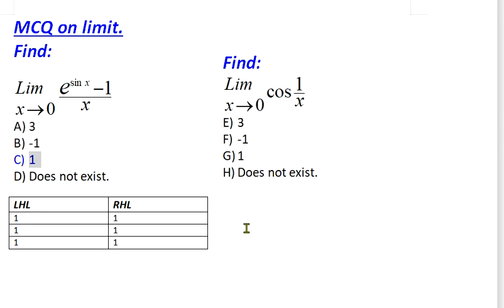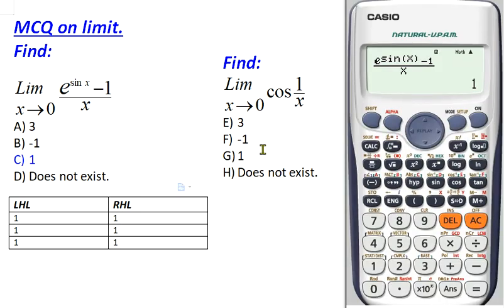Okay, and let's solve the next questions by using the same concept. Let me use the calculator. In the next question, the function is the cosine function. It is also a trigonometric function, and the input x is measured in radians, so we have to first change the mode of the calculator. It is already in radians. Let me type this function: cosine of 1 over x. This is the function for which the limiting value is going to be calculated.